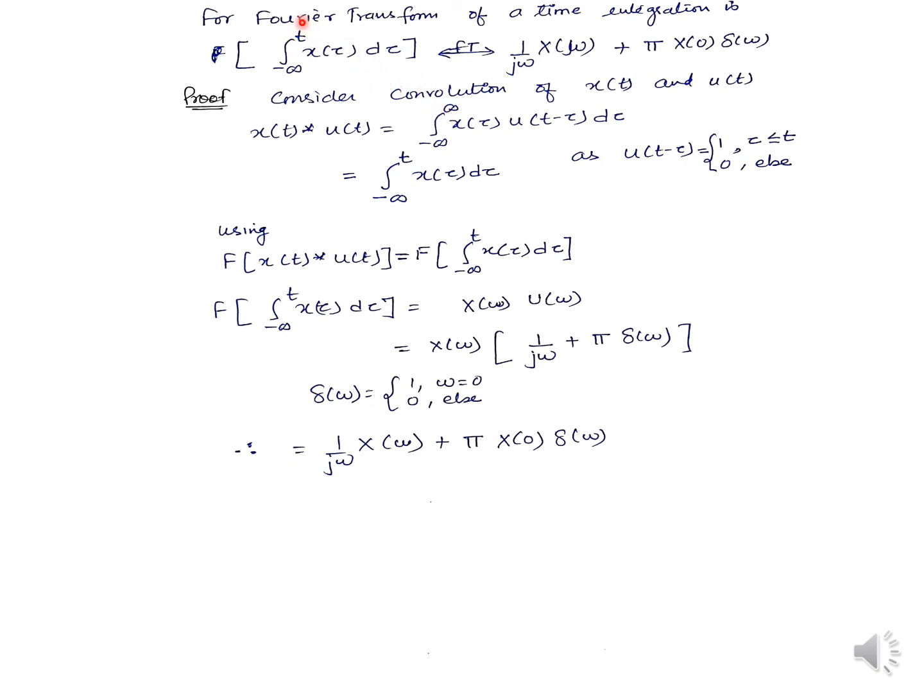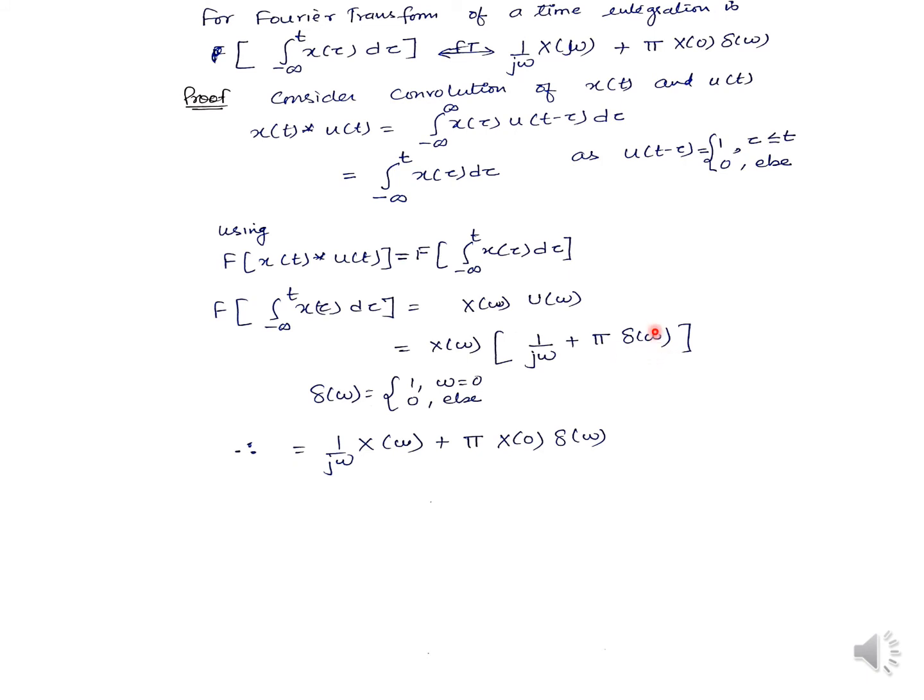So instead of writing it like this, we can write it like this. You can say this is basically equivalent to this. How is it coming? This is 1 for tau less than or equal to t. So when you write it in this form, you write it like this. If you need to find the Fourier transform of this function, then it will be the Fourier transform of this. You can say these two are equal to each other, and the Fourier transform of this is equal to X(omega) into U(omega). And what is your U(omega), which we did on the previous slide? It will be 1 upon j omega plus pi delta(omega).